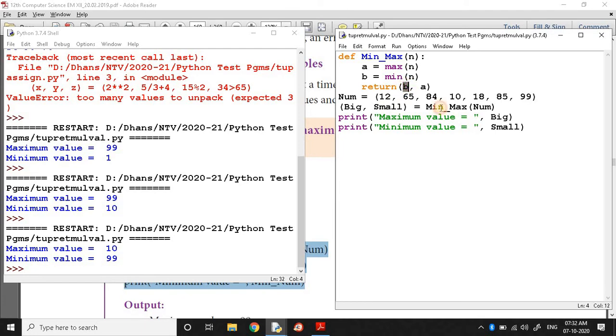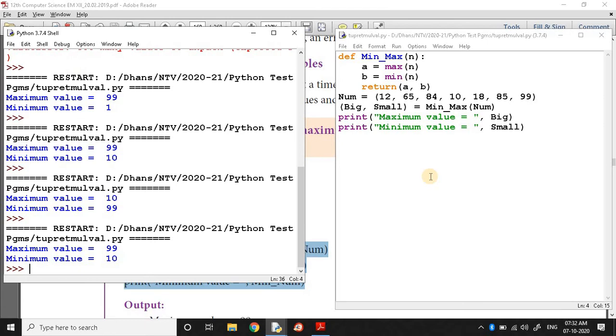So you must be careful when you return multiple values grouped together. Otherwise a logical error will occur. Logical error means the expected output result is a mistaken one. Okay.